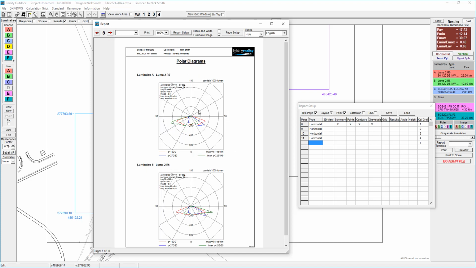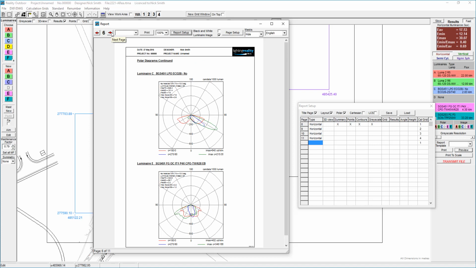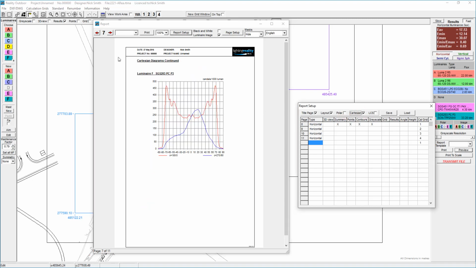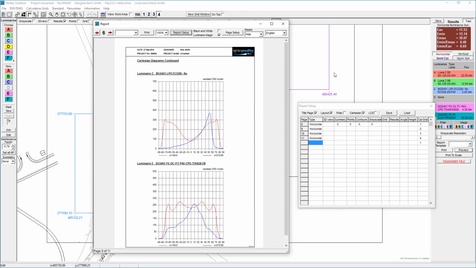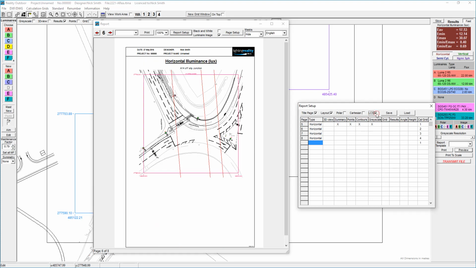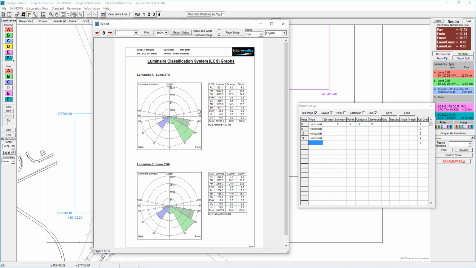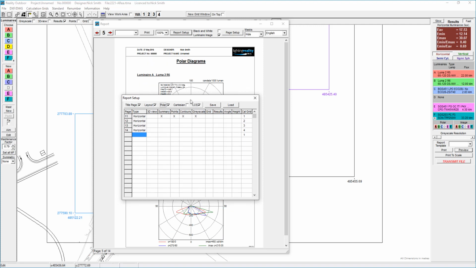So for the polar curve we get 2 per page. So I've used 5 different fittings in here. If we'd have done the Cartesian curve, you can see we get that as an alternative, and Plan C is the LCS diagram, which comes out of the IES standards, which I think is quite useful, shows you various bits of information. So if that sets up what you actually want, let's say we'll go back to polar curve, and